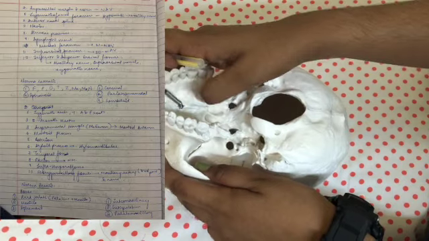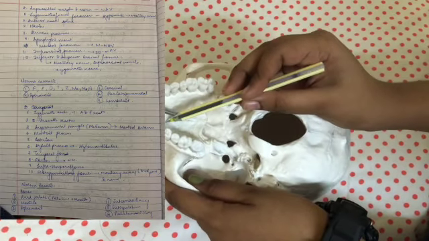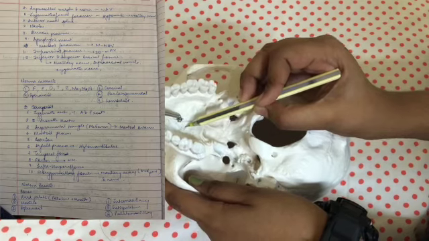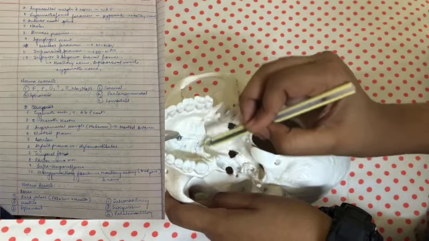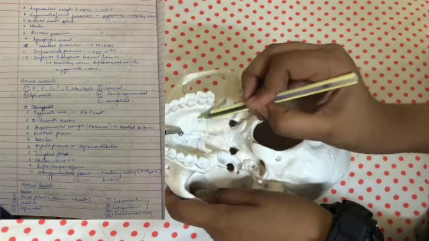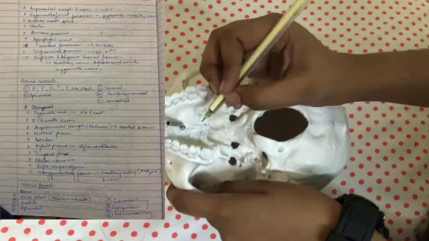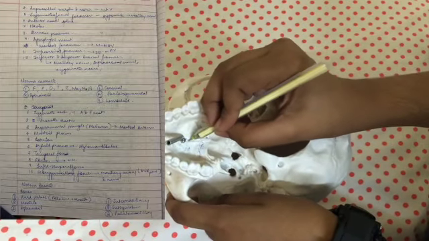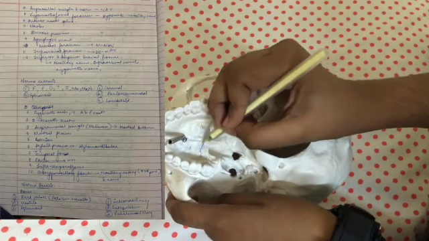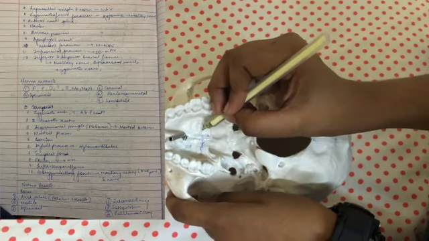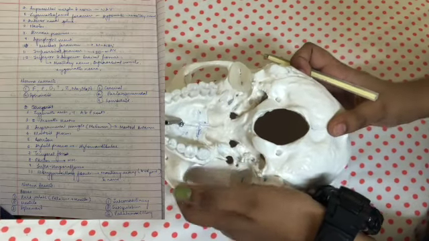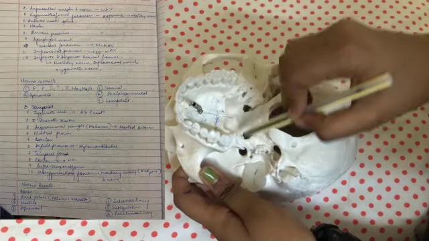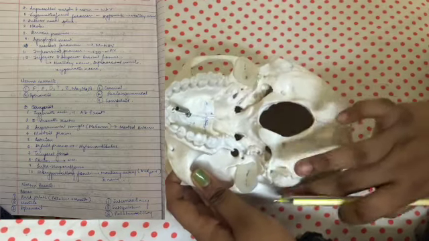So the hard palate is formed of two bones. Number one is the palatine process of maxilla, followed by the horizontal process of the palatine bones. And all of these together form different sutures that I've mentioned here. That is the intermaxillary suture, interpalatine suture, and palatomaxillary suture, followed by one of the main bones making up this particular norma basalis, that is the sphenoid. You can also see the temporal and occipital bone in this particular view.